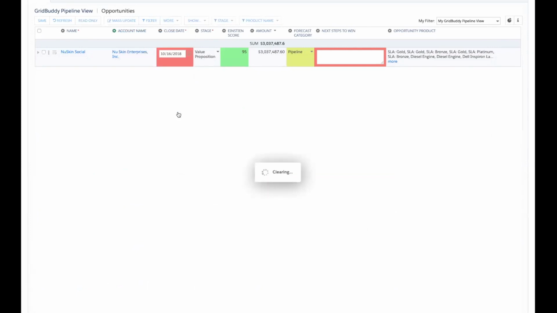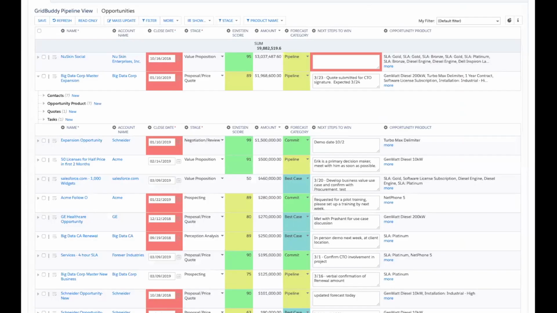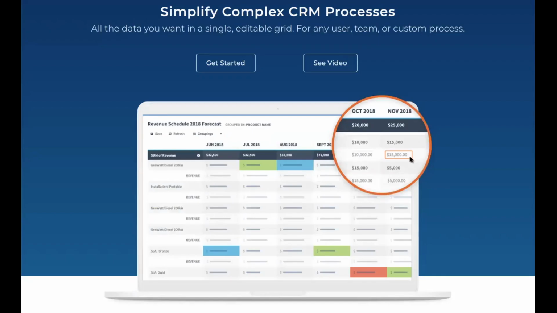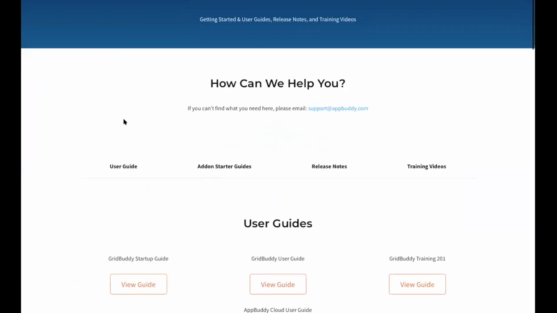Yes, we have a ton of keyboard shortcuts. This is a good time to show you our website, appbuddy.com. Of course, I should know this off the top of my head, but I don't. I'll show you though. Our support page on appbuddy.com is very robust, and I would recommend perusing it because, first